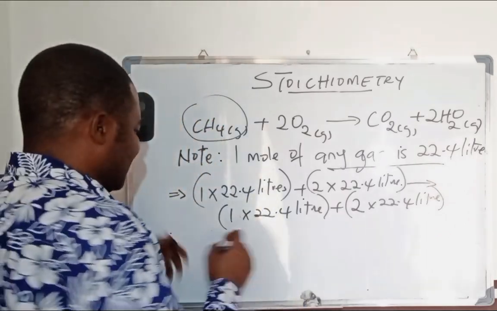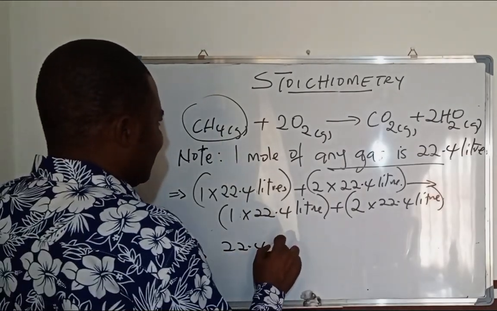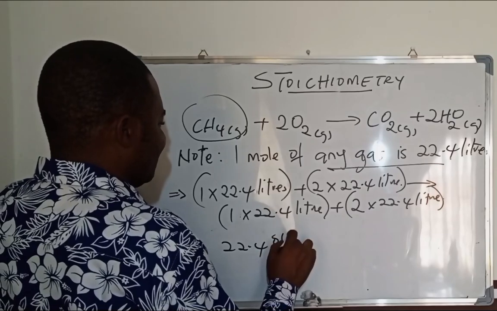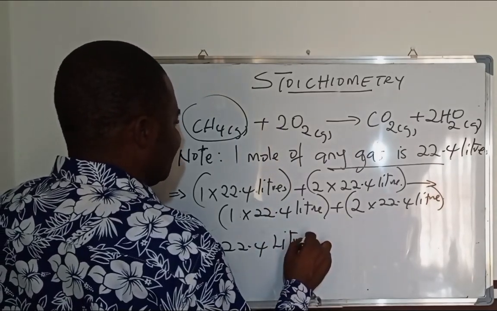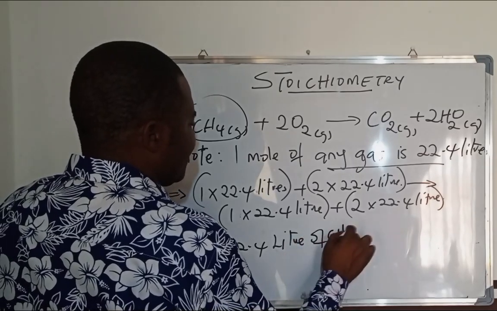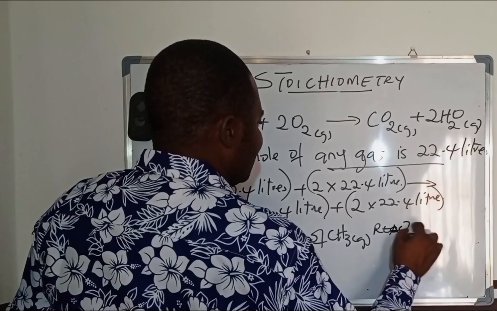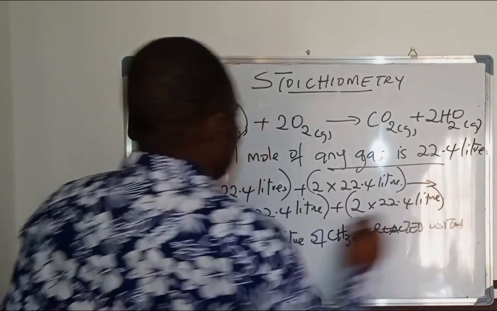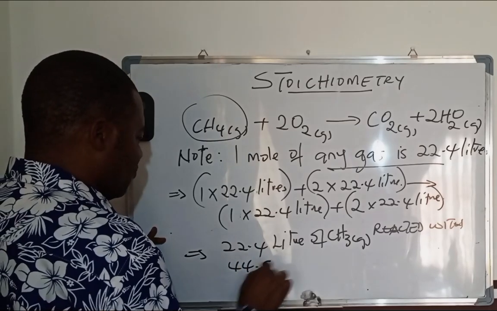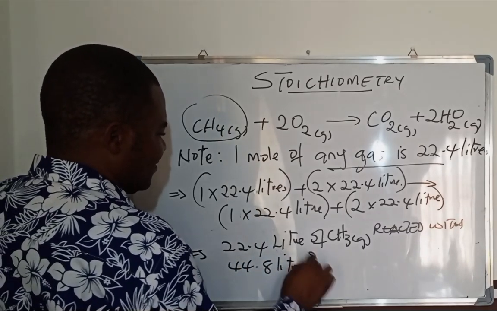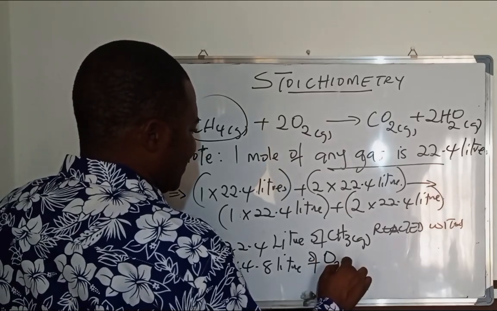So in that case, we are going to have what? 22.4 liters of methane gas reacted. Okay, it reacted with what? Reacted with 44.8 liters of what? Of oxygen gas,